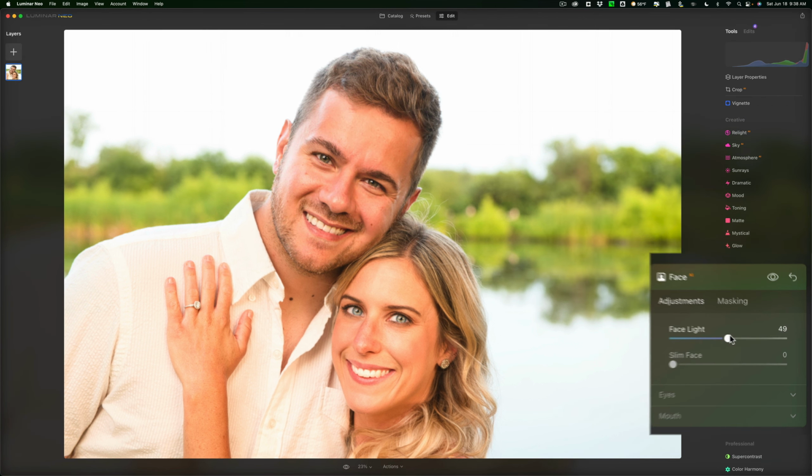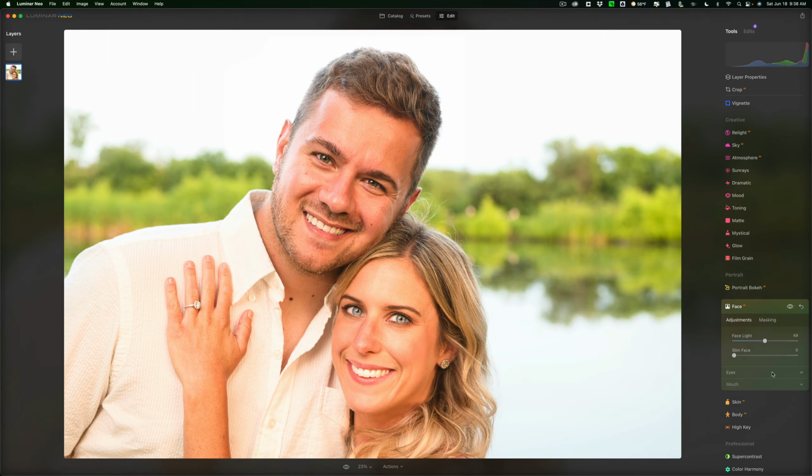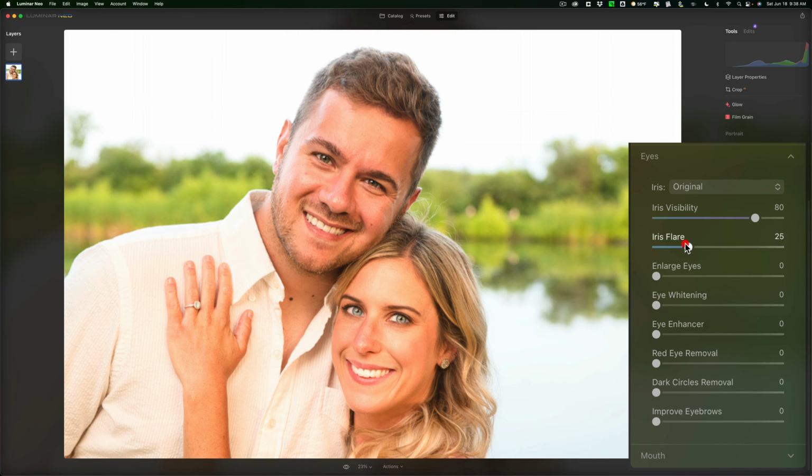Then we're going to go back to the adjustments, and we'll add a face like him. See how it's only affecting his face. We're not going to slim his face. We'll go to Iris Flare. I'm going to enlarge his eyes a little because he is squinting a little. He tends to squint when he smiles. We'll do eye whitening, eye enhancer,